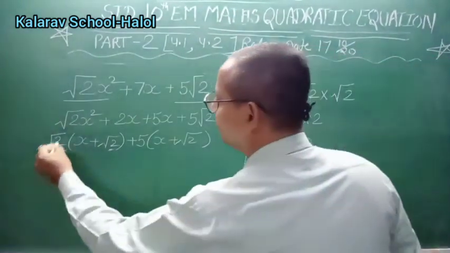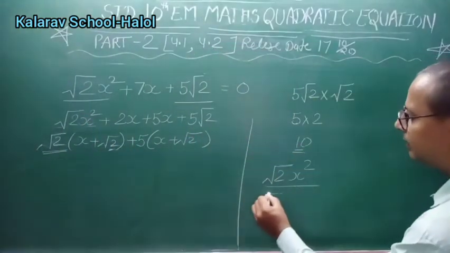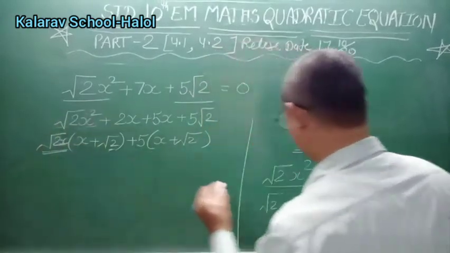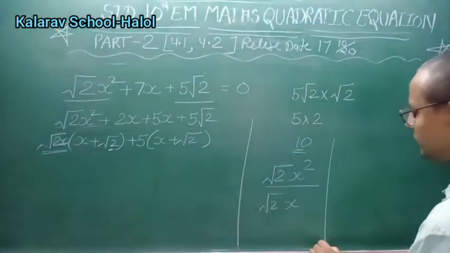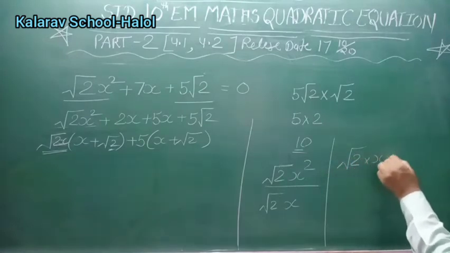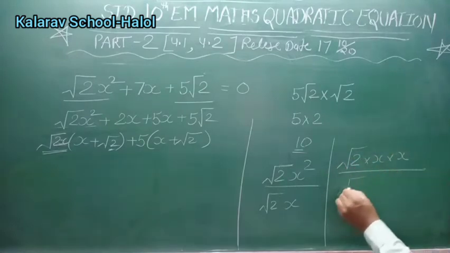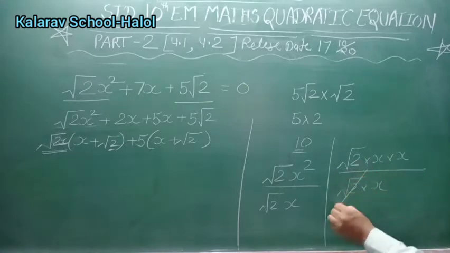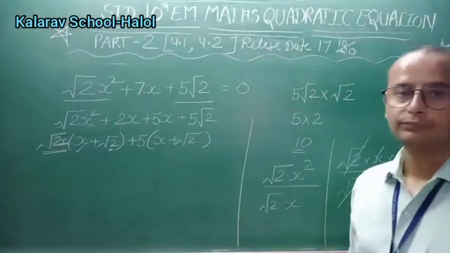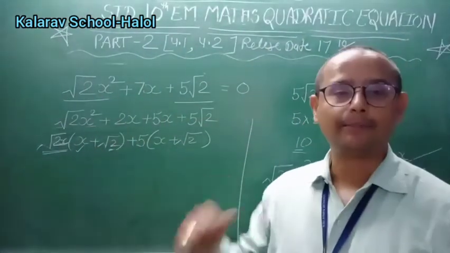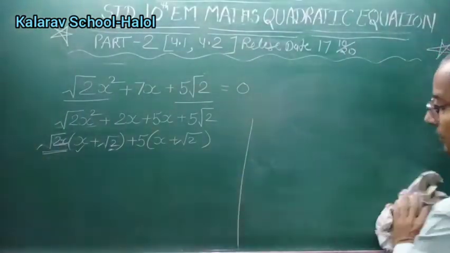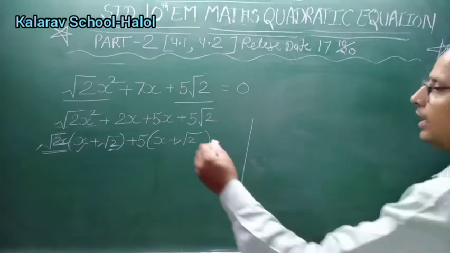कॉमन का मतलब ये होता है कि इस टर्म को डिवाइड कर रहे हैं. सो डिवाइडेड बाय रूट 2, and x is also there, so I am writing here x root 2x. तो इसका मतलब देखो जरा क्या होगा, रूट 2 इंटू x अपॉन रूट 2 इंटू x. ये कैंसिल हो गया, ये कैंसिल हो गया, तो ये x बचा, ये तो यहाँ पे आ गया. यहाँ पे कैसे रूट 2 आया, दैट इज द क्वेश्चन. नाउ सी दिस, मैंने इसीलिए इसको चूज किया था कि आपको ये बताना. अब अगेन दिस